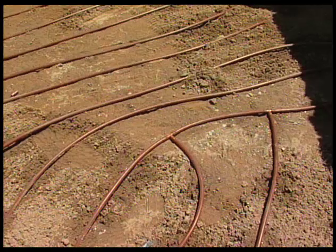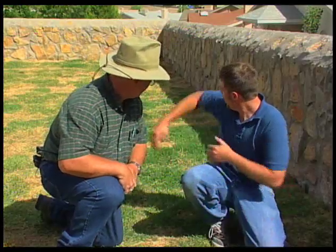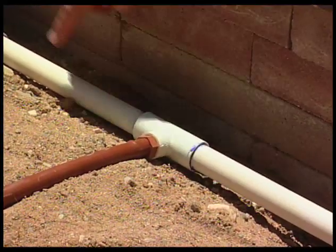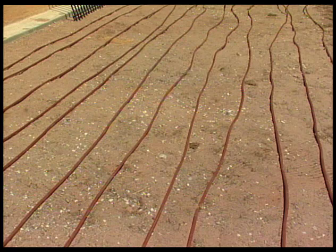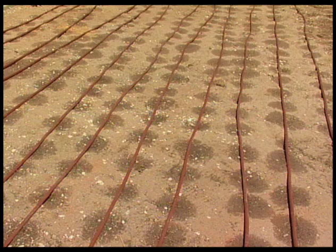Now this system is a kind of continuous system. You have two stations. I have two stations, John. One is right here, and the other one's on the other side right there. Basically, I piped in the main line and then tied it into the Netafim, and that feeds all the lines of drip. The Netafim is the trade name of the drip line being used here, the subsurface system. It is important that we have the header lines that carry the main flow of water and then distribute it out into the individual lines. That's right. And there are header lines on both ends of the yard so that the water flows from both ends,